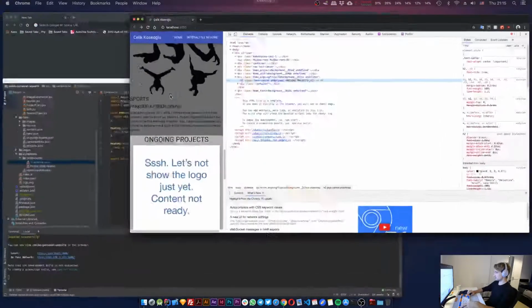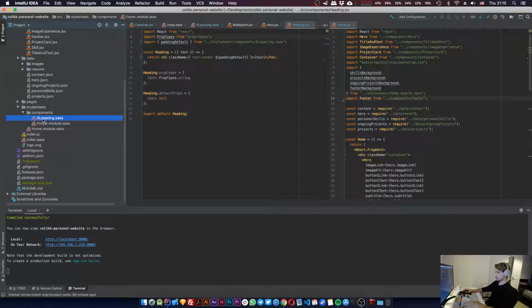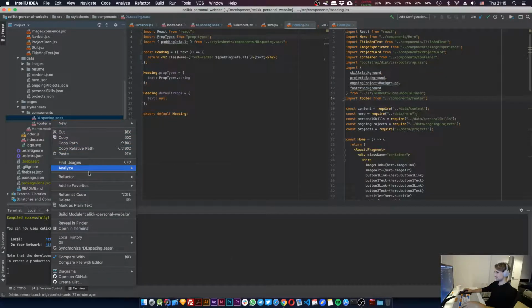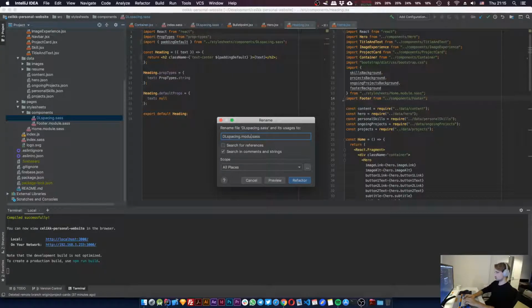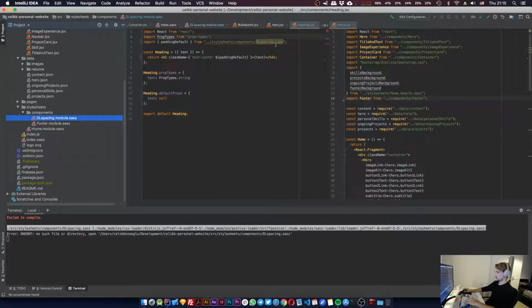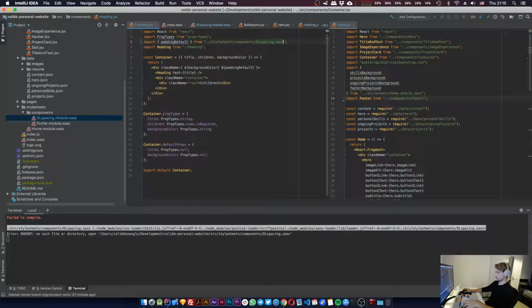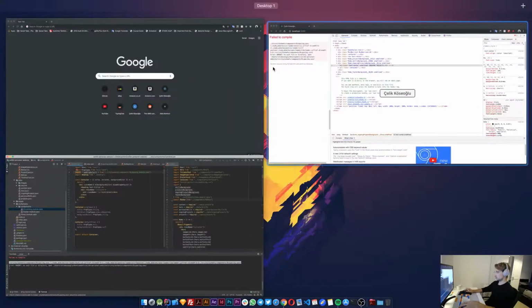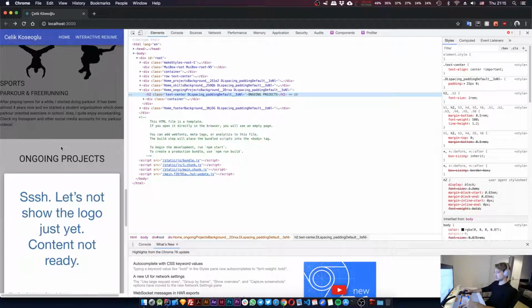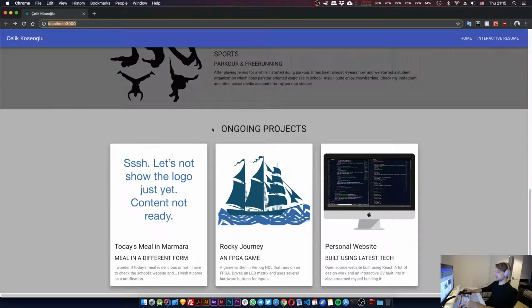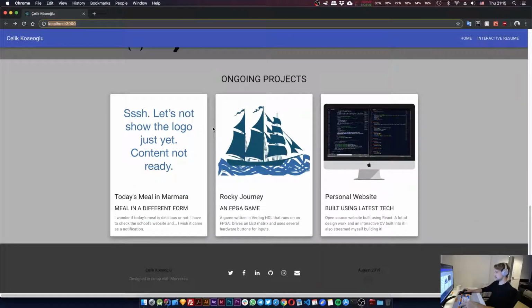Okay, the style didn't apply. Do I have to rename it as, so the naming does matter. Okay, so do I have to rename this as module.sas? Yeah, and the previous file. Go back. Interesting. Okay, that's fine. I wonder why that is, but